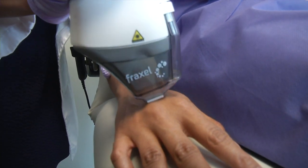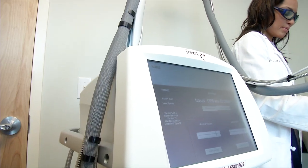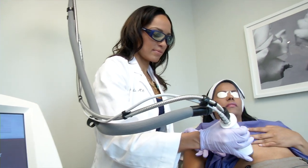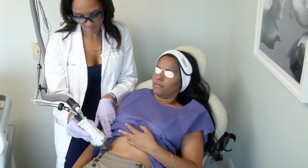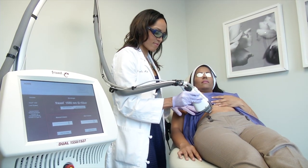So the Fraxel Laser can be used not only on the face, but other parts of the body. For instance, on the hands, which can be a telltale sign of aging. Also, I've used it on areas of the body for stretch marks. So we all know that stretch marks is a very difficult condition for women to improve, even men who've gotten stretch marks from growing as teenagers. So the Fraxel Laser is the first thing that I've seen that actually can really help reduce the appearance of